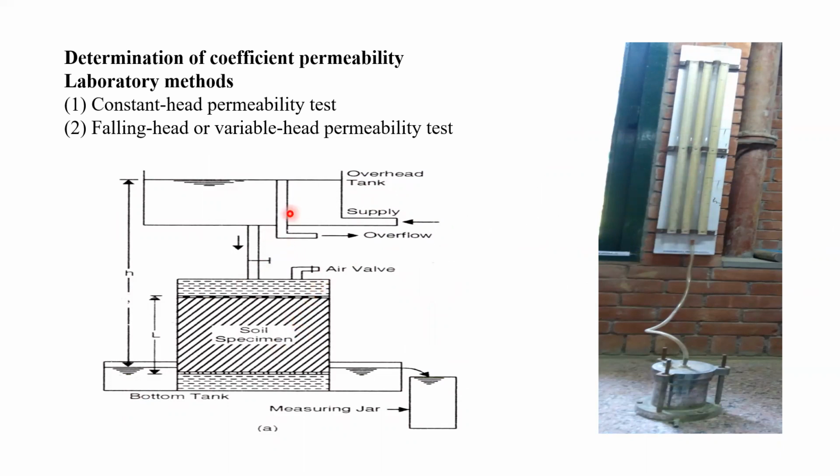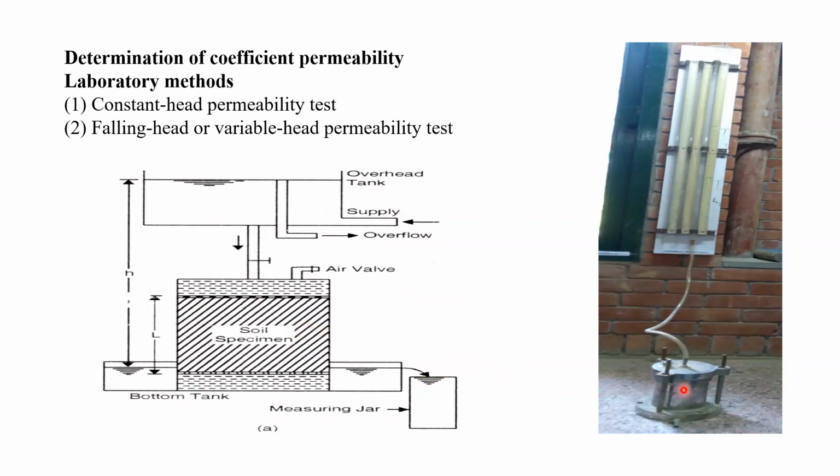The reason is that, suppose you are going to use the falling head method for coarse grain soil. In that case, what will happen? The water will pass very fast, and you will not be able to determine the permeability. You will not be able to assess the amount of water which passes through the soil media in a particular time. So it will be very difficult. That's why for the constant head method, we also have to maintain the constant head of the water for the determination of permeability of a coarse grain soil.